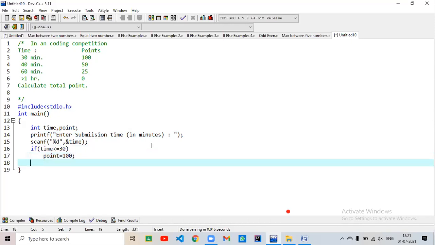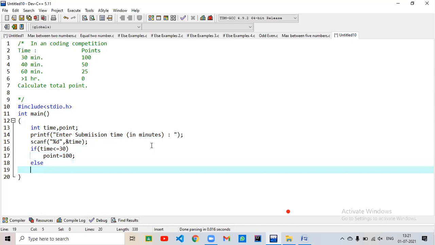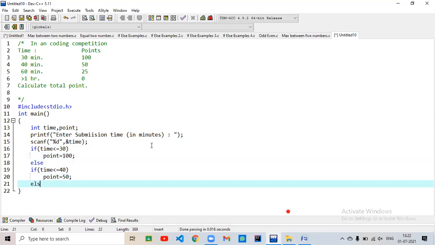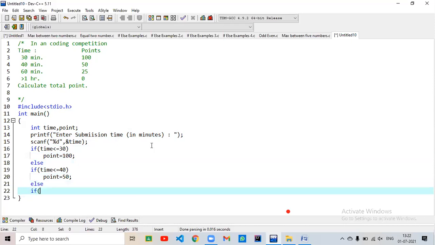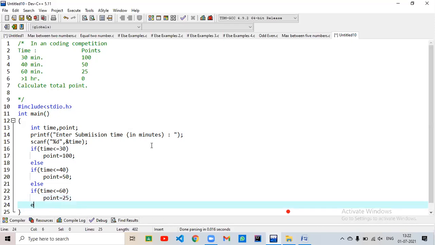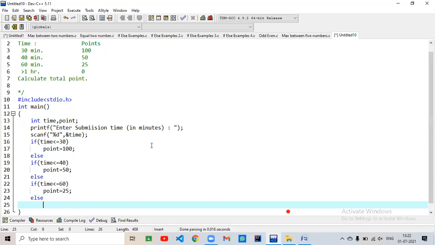If this is false, then we will check else if time is less than or equal to 40. If this is true, then point will be 50. Else if time is less than or equal to 60, then point will be 25. Now if this is also false, then point will be 0.